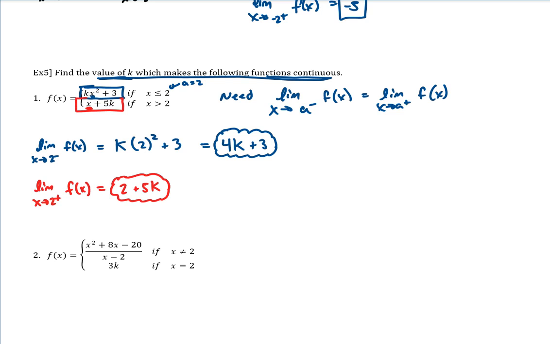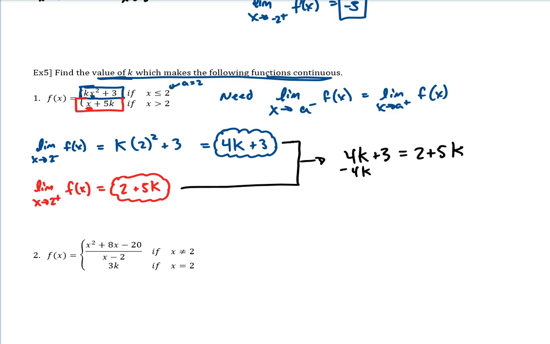Okay, and then at the end of it all, we need this statement to be true where these two are equal to each other. So all we're going to do is set these two that are clouded equal to each other. So 4k plus 3 needs to equal 2 plus 5k. And now we just solve for k. So if we subtract 4k over,